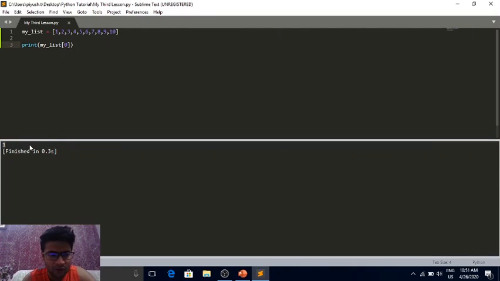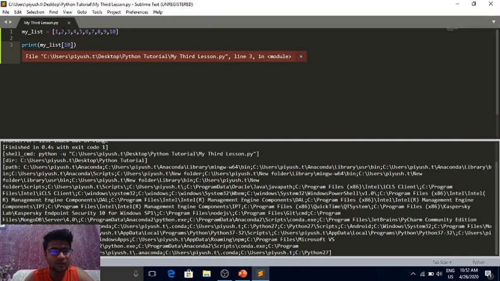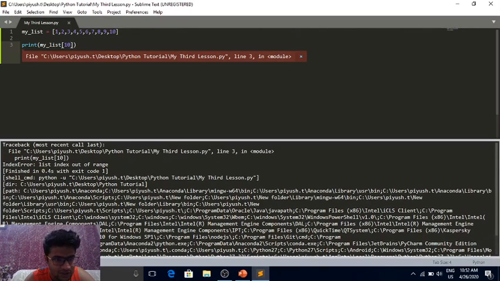Now this is very important because I believe all computer science engineers like to start with zeros, and here the indexes of all of these numbers would be 0, 1, 2, 3 and so on up to 9. So let's see what you get if you enter 10 here. You get an error, obviously, and the error would be that the index is out of range. Let's look. Yes, the list index is out of range, which means that the index does not exist in your list at all.